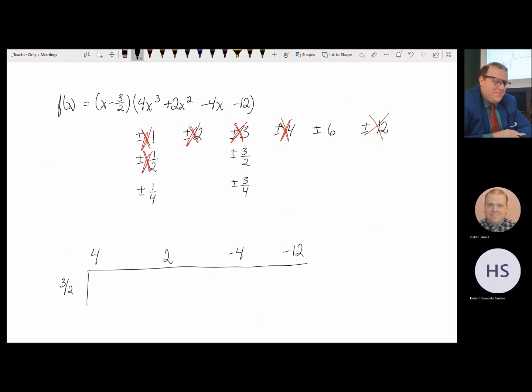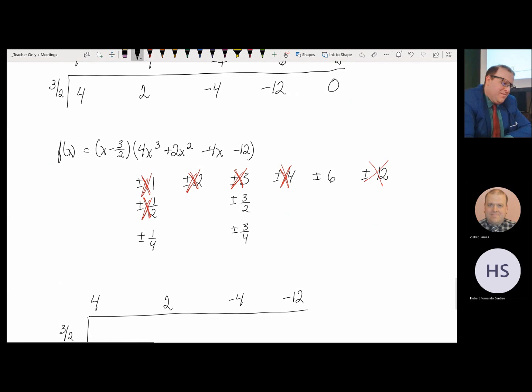Wait, when you eliminated 4 and 12 from the factors of the constant, because they weren't in the original list, which means, again, if it wasn't a 0 before, it cannot be a 0 now. Now, the leading coefficient is now 4. Still 4, yes. Leading coefficient won't change. So 1, 2, and 4 are the factors of that, but we have to cross off 4 again, because